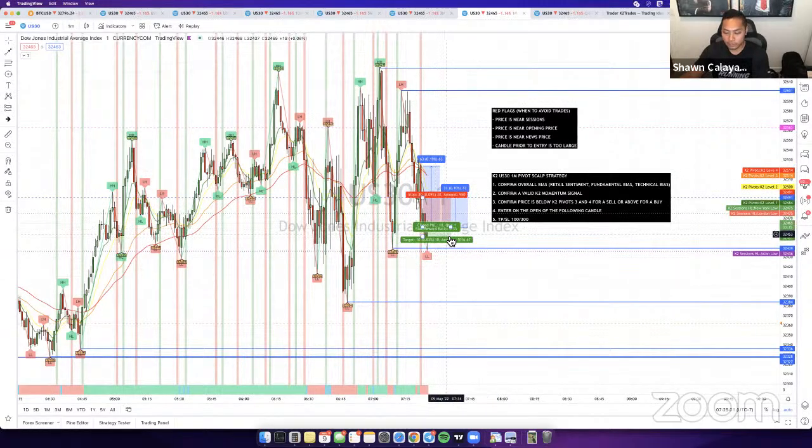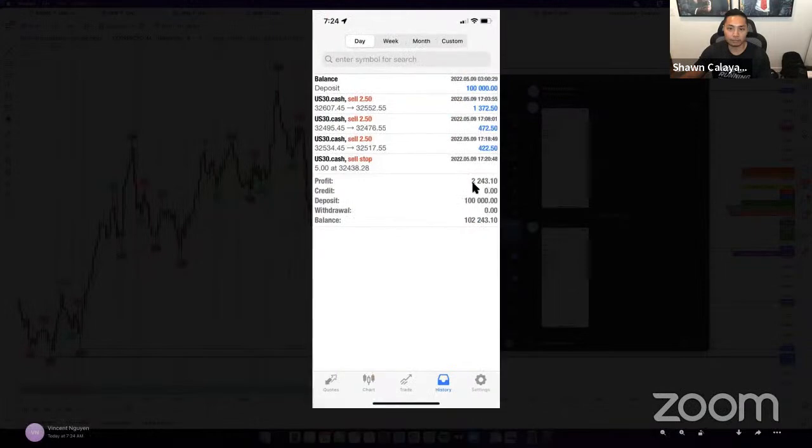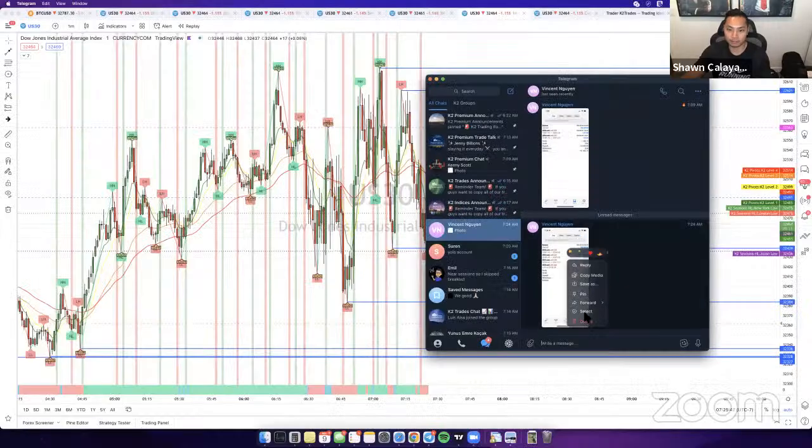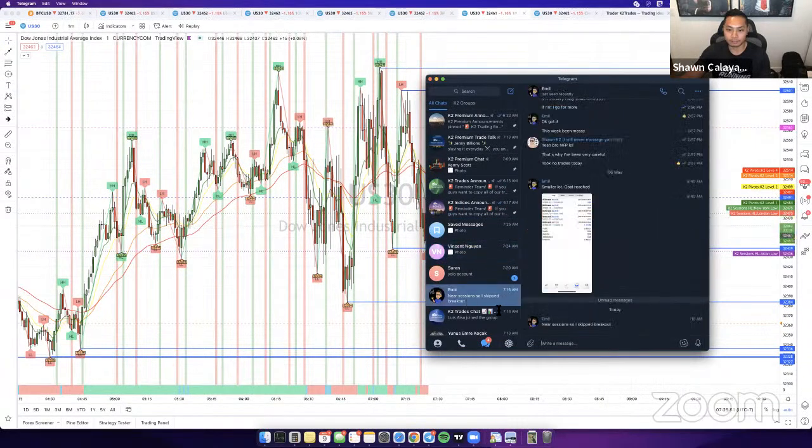So as you guys can see, the strategies work perfectly fine. It just depends on how risky you want to be, right? I don't like taking risky trades, so I'm personally not going to take them. But if you wanted to take it yourself, it's pretty clear that all the strategies here have been hitting because you guys can see everyone here is posting profits. Vincent here took the trade, locked in 2,243 total. So he took the trade that people were finding risky. And Mills over here skipped the breakout because of that.